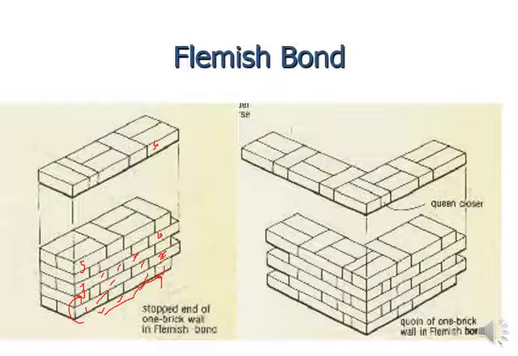Okay, so now only one thing you have to remember. That's what, if the pattern is same, meaning alternatively you are placing header and stretcher in one course, same pattern, header and stretcher alternatively you are placing in the consecutive course, and then in the next one, then the overlaying of the vertical joints, meaning your vertical joint should not be placed just exactly above the vertical joint of the consecutive course. You just have to avoid this particular situation, then your Flemish bond will be established.